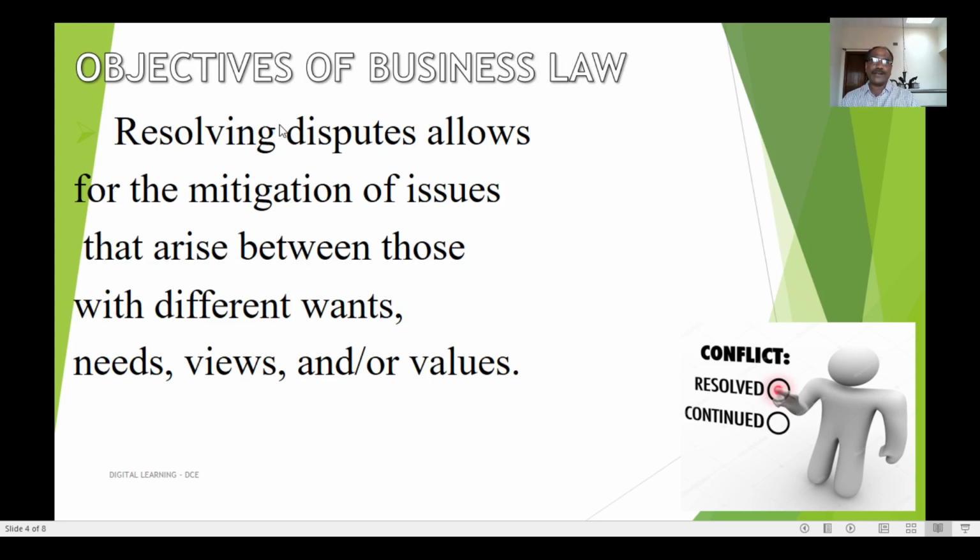What is the method of issuing the securities to the public, either it may be a primary market or the secondary market, and what are the rules which are consisted in the Companies Act for the issue of the securities to the public, maybe corporate securities or maybe government securities.